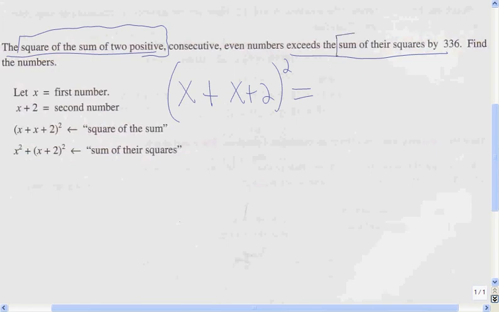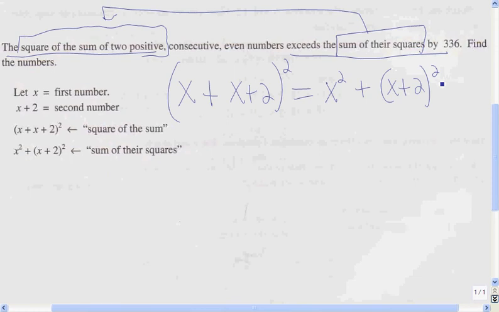So the sum of their squares is different. Even though it almost sounds the same as this, it's different. Here it says that I'm going to square them, then I'm going to add them. Right? So x squared plus x plus 2 squared plus 336. Right? Because it says that